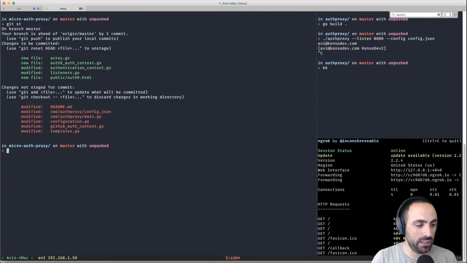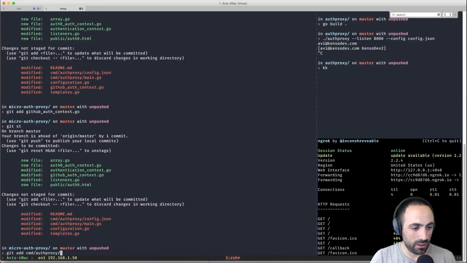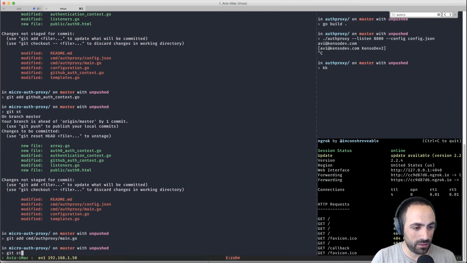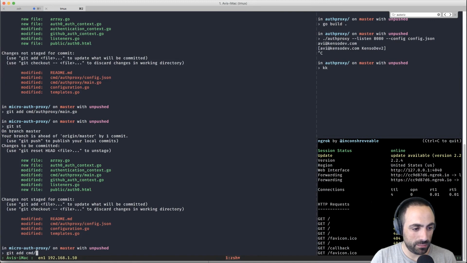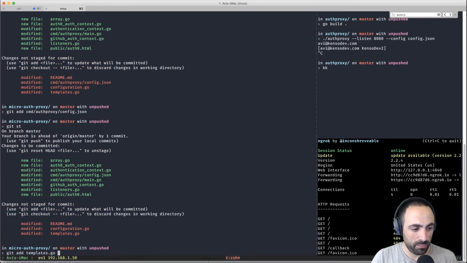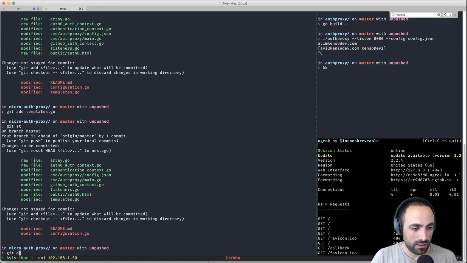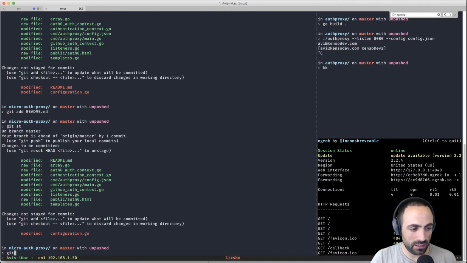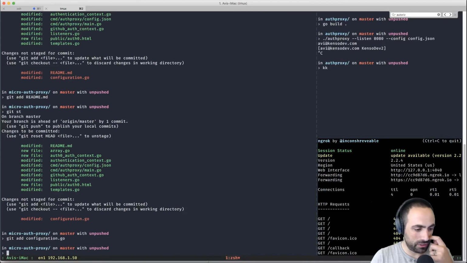Null 513, how are you? Add GitHub Auth Context and git add cmd auth proxy main.go. Add cmd auth proxy config templates, readme and configuration. Okay.